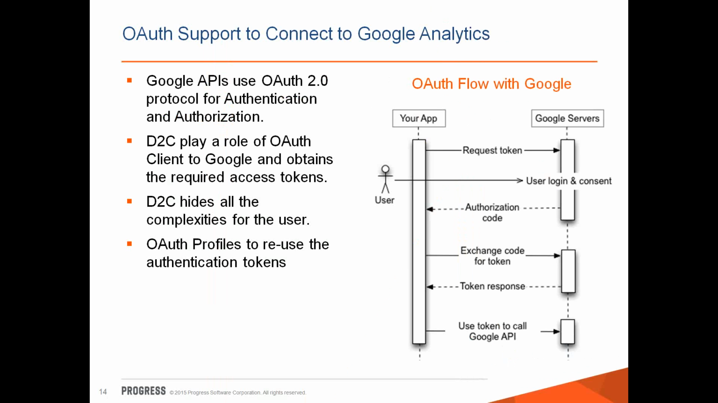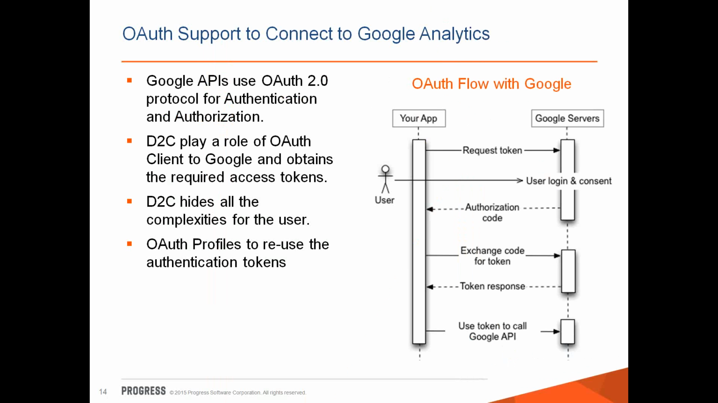From a user perspective, all that you need to do is set up your Google Analytics account, come back to D2C web, use the Google Analytics data source configuration wizard, and provide your credentials there, and you are all set. D2C will play the role of OAuth client to Google and obtain the required tokens. All the complexity of these interactions is hidden from an end user, and we also allow saving of these